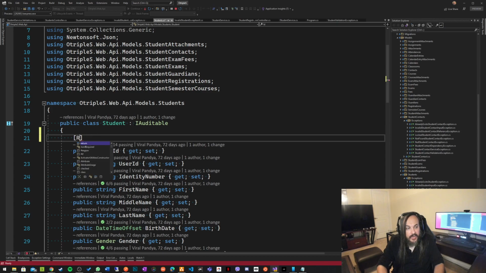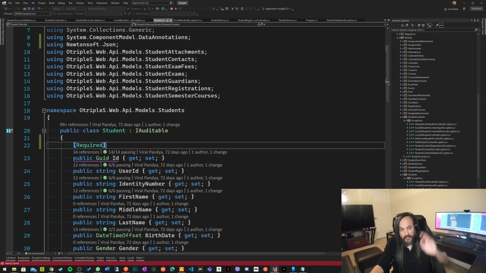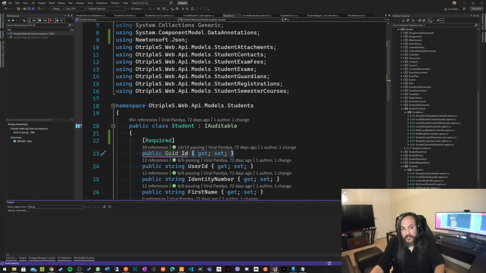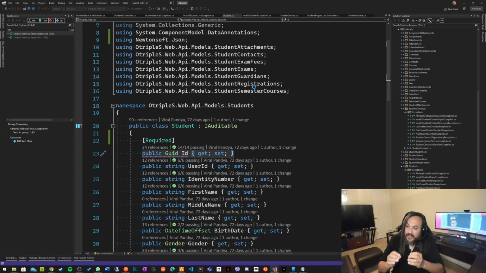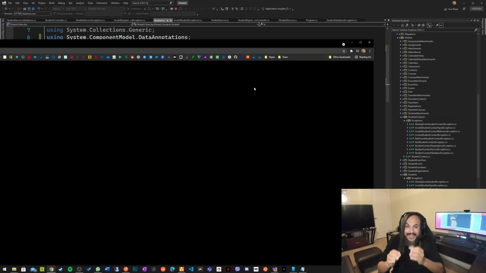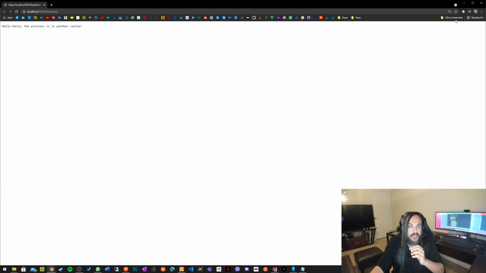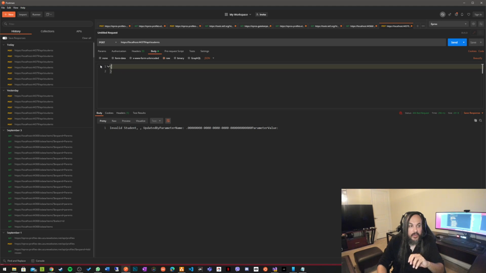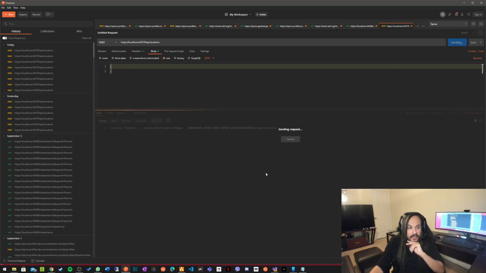I'm just going to use this as an example, so I can show you how you're supposed to communicate errors. ASP.NET Core, actually this has been around since even MVC days, right? If you put an annotation like required on top of your ID or whatever field you have, and you hit the API endpoint with this ID not available, it will communicate standardized problem details. And standardized problem details is basically the standard way for RESTful APIs to communicate errors. So if I take all these properties and hit like this,